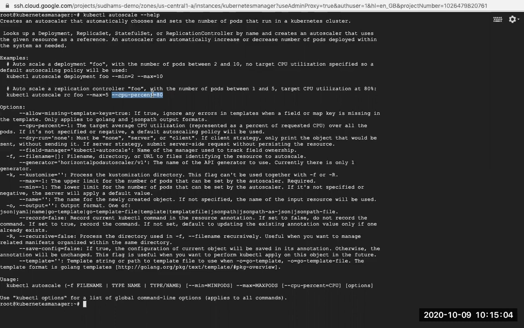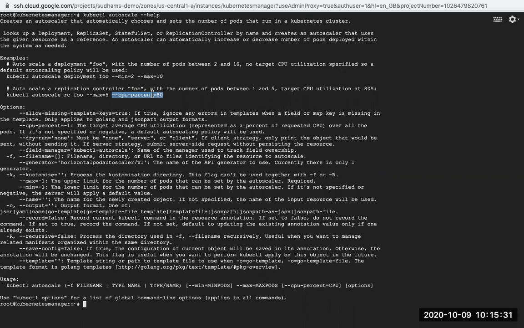If only one pod is there in the background, a replica of one, the CPU utilization will be too high when there are so many requests. When the CPU utilization is too high, that application might crash. So instead of that, I want to launch additional pods and reduce the load on the single pod. That is the intention of using this particular concept.